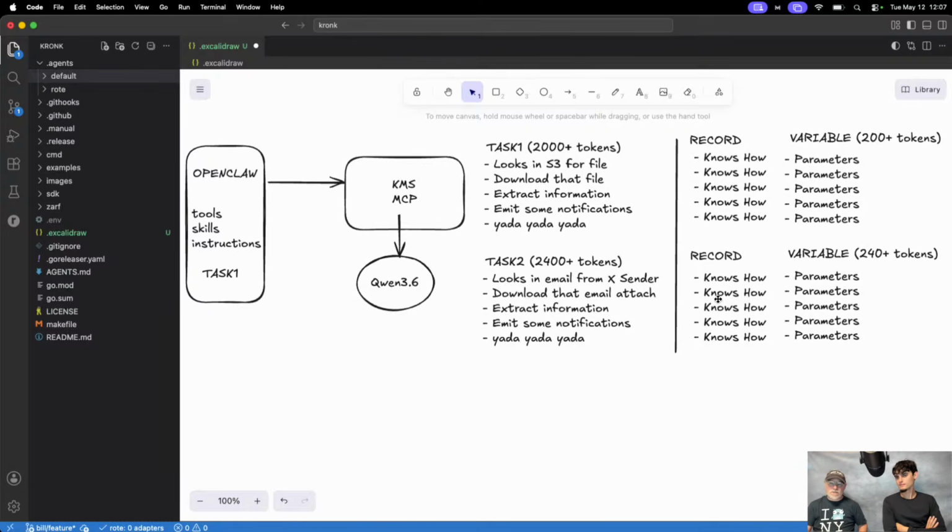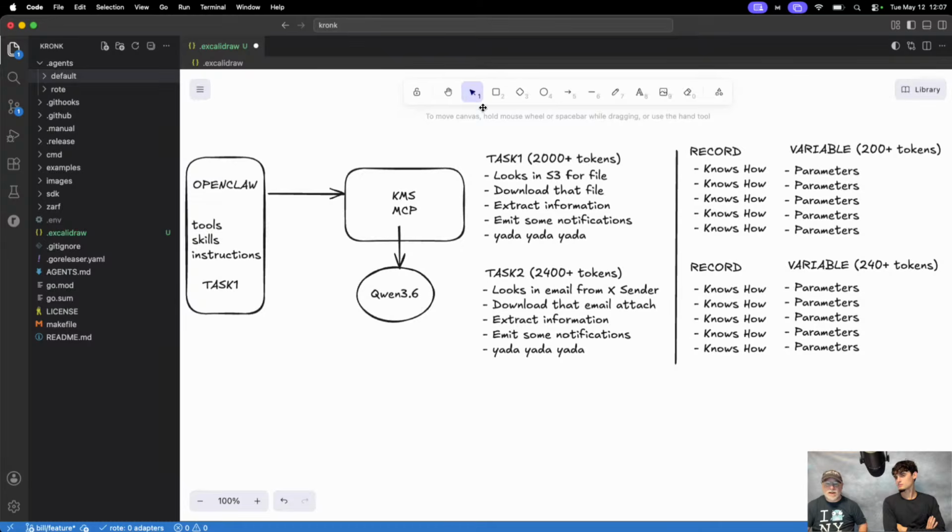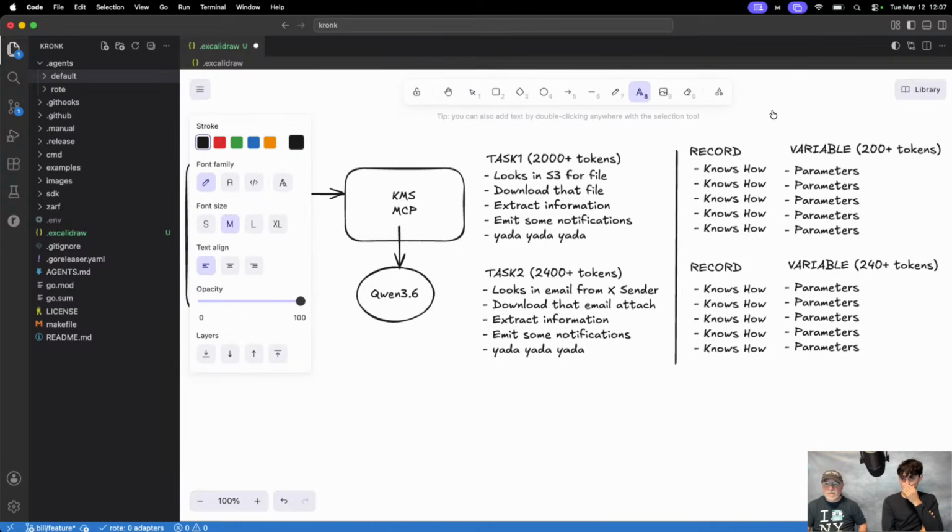Right? I'm not waiting for this information to be developed again. So you're getting speed up, you're getting token savings, and you're getting an exact script on how to do things. Yeah. Pretty wild. Makes sense. Yep. This is what Rote is trying to bring to the table.